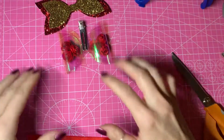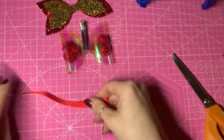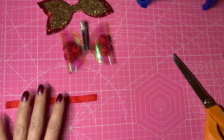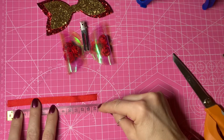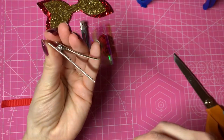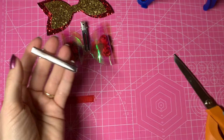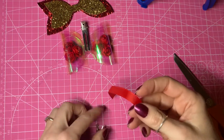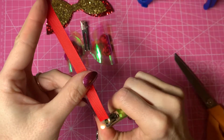So whilst that's still setting, I've got a 1 centimetre wide ribbon, and this is cut to 14 centimetres in length. And the clip I'm using is this toothed alligator clip, and that is a 55mm clip for the bigger bow, and I'm going to use this to line it. So I'm just going to heat seal those ends,